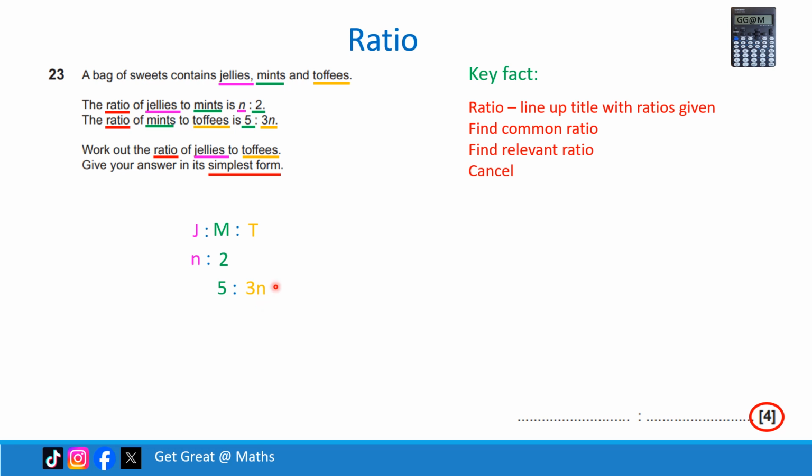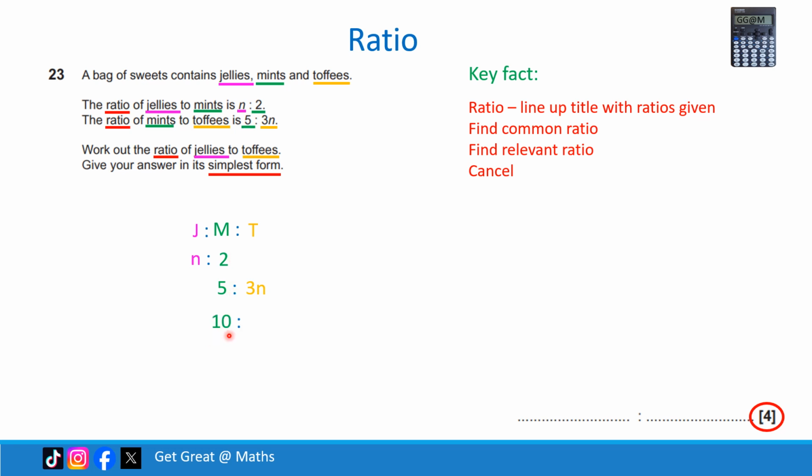Now we've got to make these all comparable because we're going to be comparing jellies to toffees. And the jellies are the pink bit and the toffees are the yellow bit, and we've got to compare these like for like, and at the minute they're not comparable, so we've got to make this bit in the middle comparable so we can compare what is jellies to toffees. So we're going to look at what we can multiply these numbers by to make them common. So basically all we've got to do is multiply the 2 by the 5 to give me the common term,